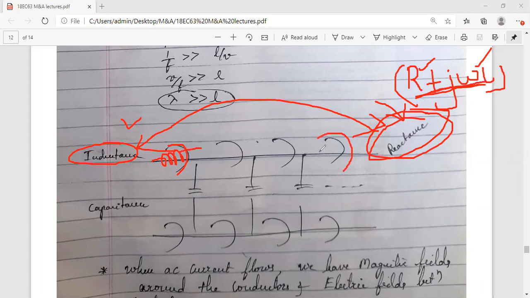Similarly, when I'm talking about the magnetic field, inductive reactance R and L has to be considered on the line. It doesn't mean that I physically take a resistance and an inductance and connect them. No, I'm talking about the effect. I can view a transmission line as having the effect of an inductive reactance over the line